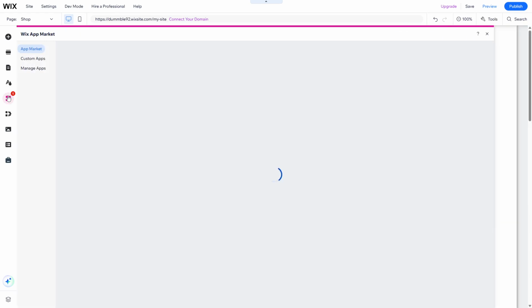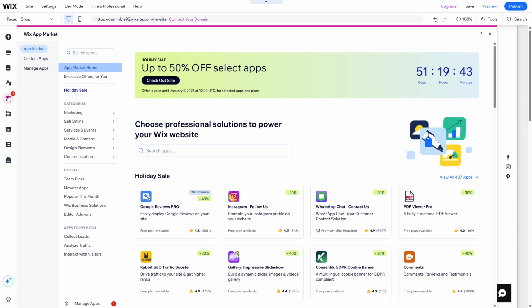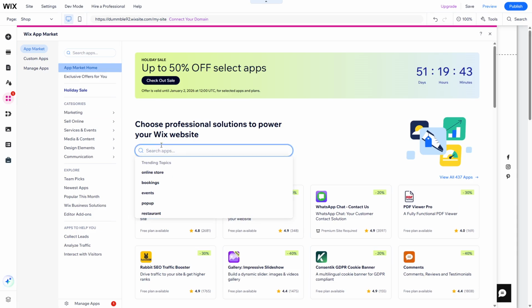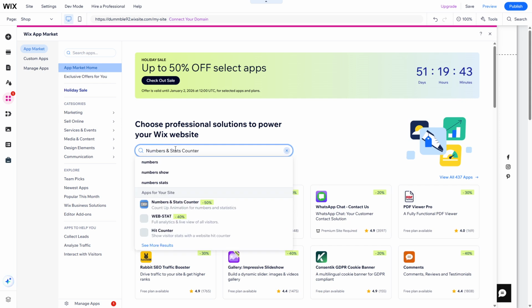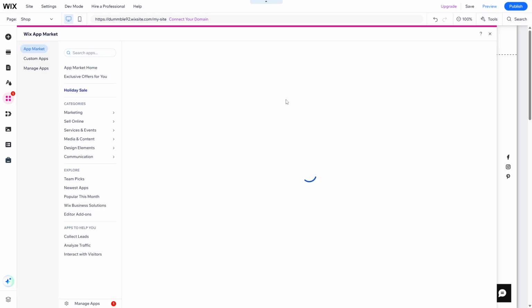Look for the Apps menu, and once you find it, click on it. Within this menu, your mission is to hunt for an app called Numbers and Stats Counter. As soon as you find this app, click on Add to Site. Following this, you will see an option on your screen that reads Agree. Clicking on this will successfully install the app in your Wix editor, setting us up perfectly for the next step